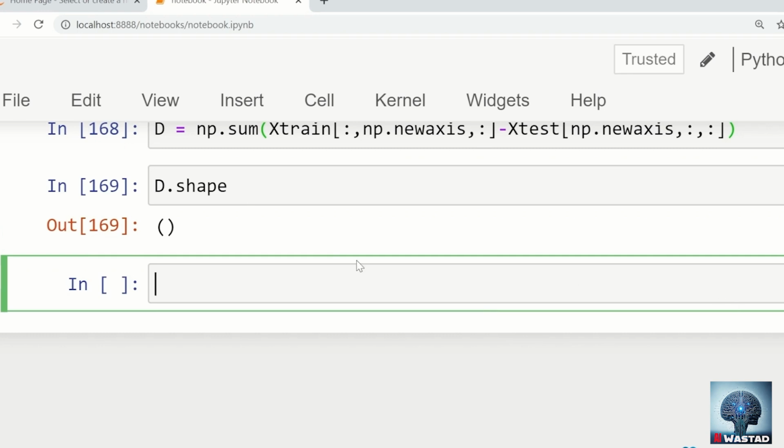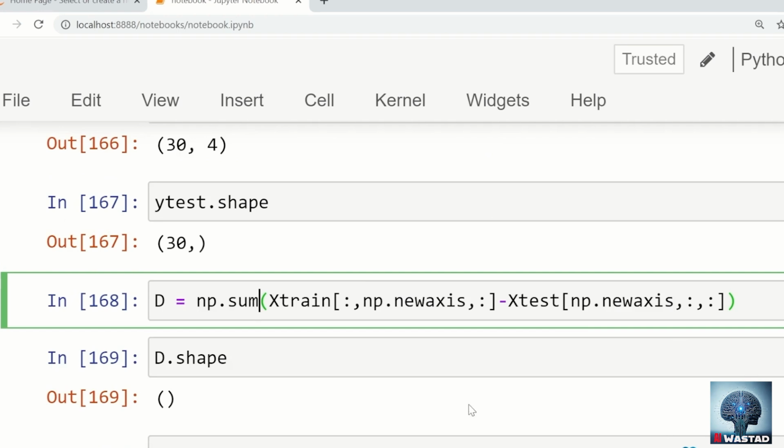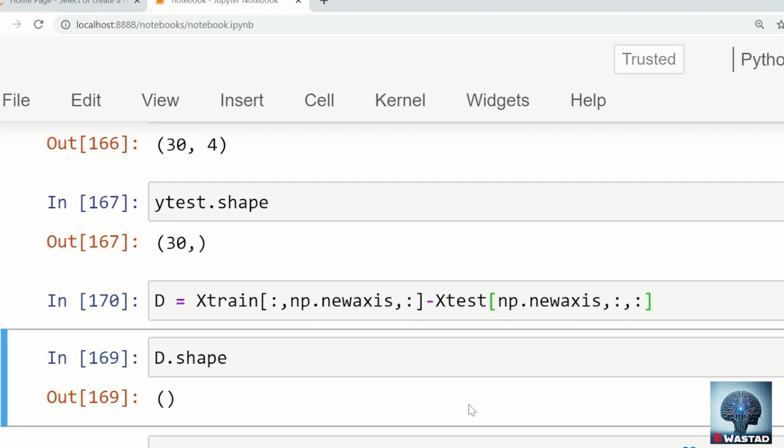Oh, the d dot shape is nothing. Why not? Because I've done the sum. Great. Wow. Let me not apply the sum now. Let me write this one-liner, but let me explain this one by one, what